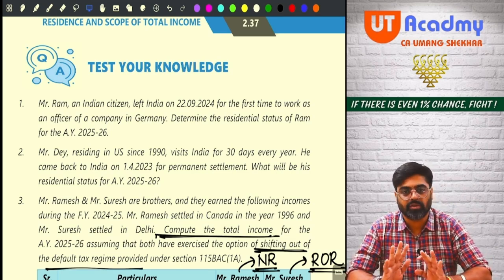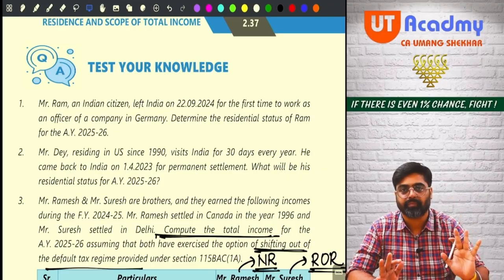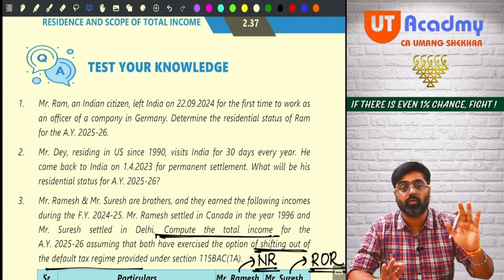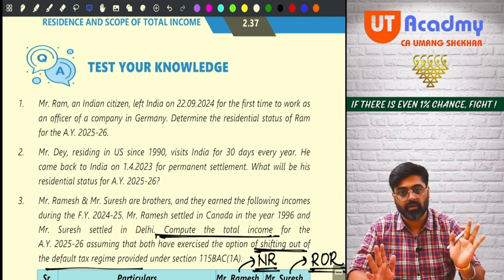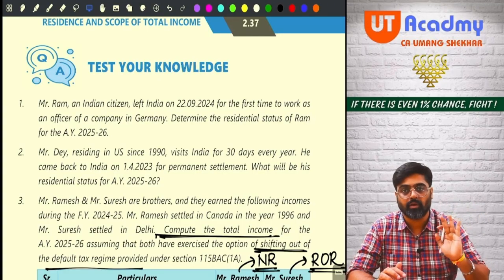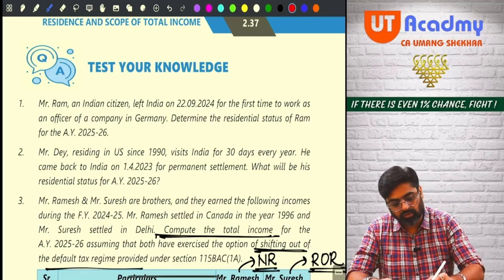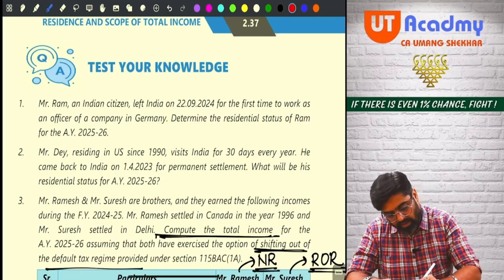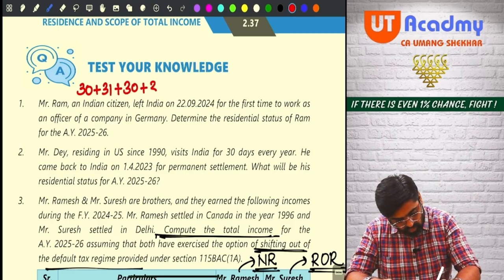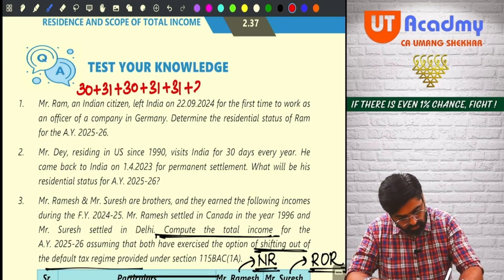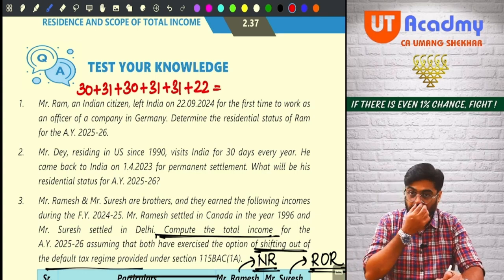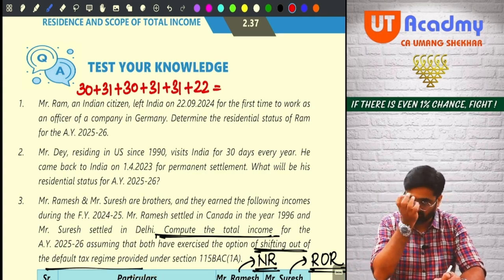So I will now have to check only basic condition A. His stay in India should be 182 days or more. If not, I will not check basic condition B, because for him basic condition B does not apply. Okay, come on. Let's see. He was in India for April, May, June, July, August and September. How many days? 22 days. Calculate the number of days.